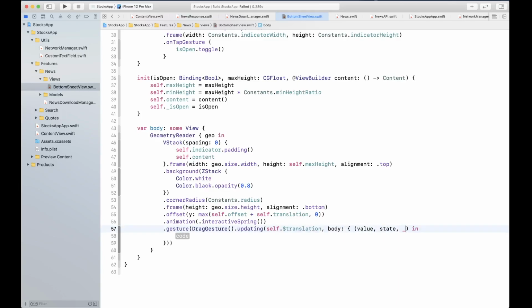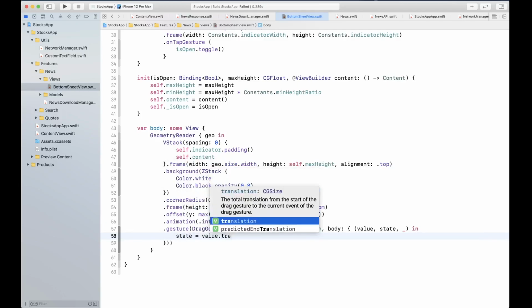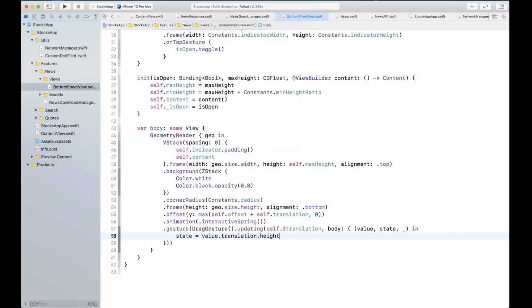The third parameter we're going to ignore, and we simply say state is equal to value dot translation dot height. That's what we're interested in.